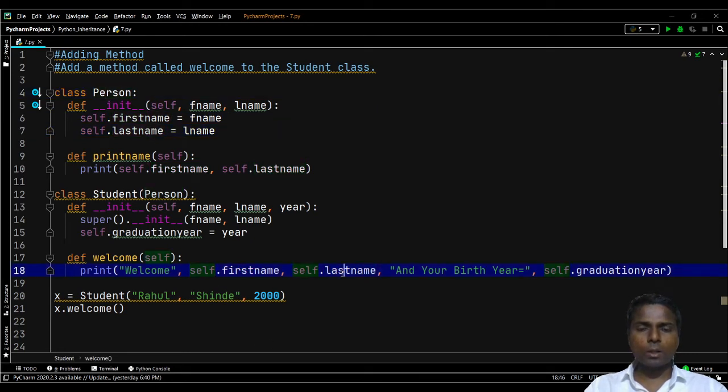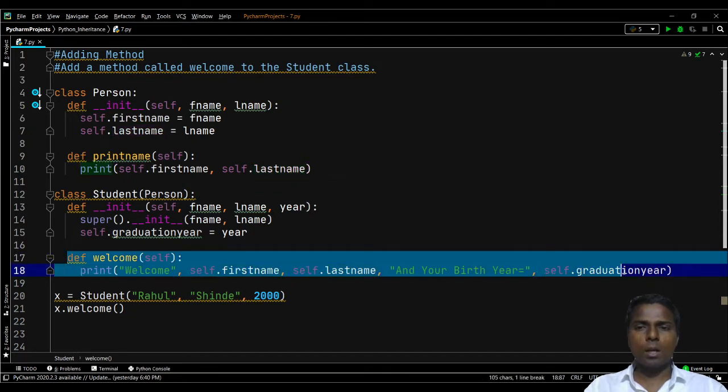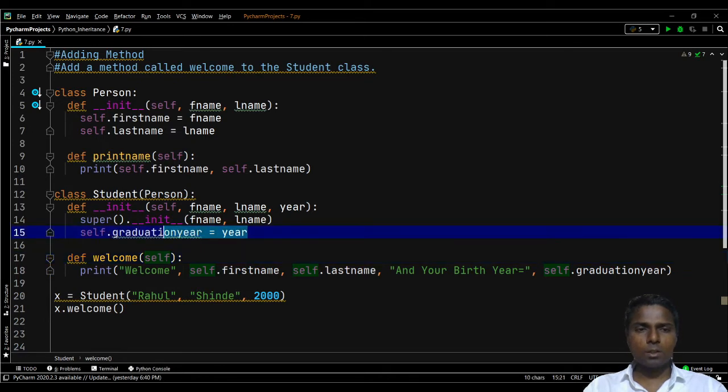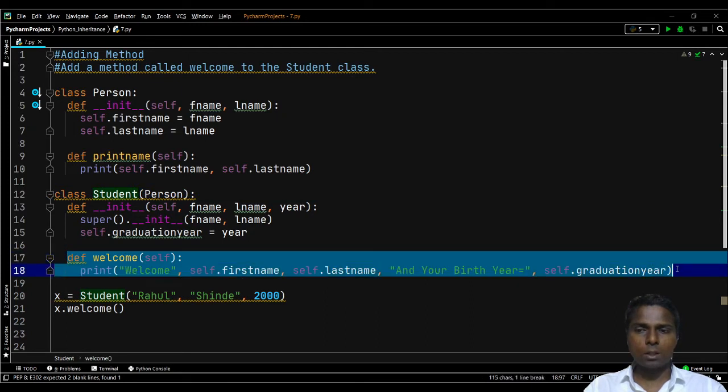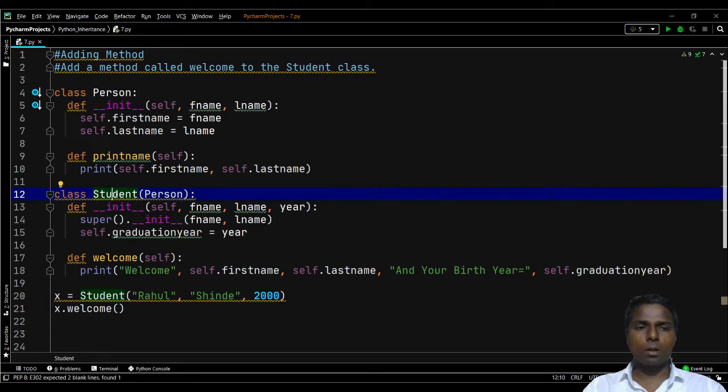These properties also we can access, that we have seen, that we can understand. This is the use of it, and in this way we can add a particular new method. From this program we can understand this is the new property we have added in our child class, and this is the new method or function which we have added in our child class, or derived class. And in this child or derived class we can access properties of parent class as well as properties of child class.